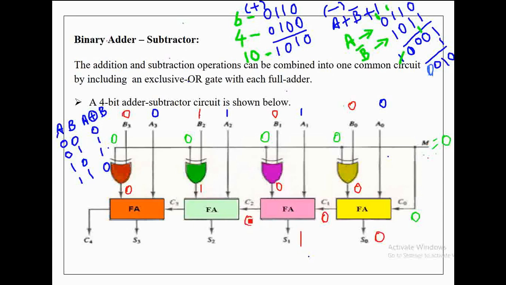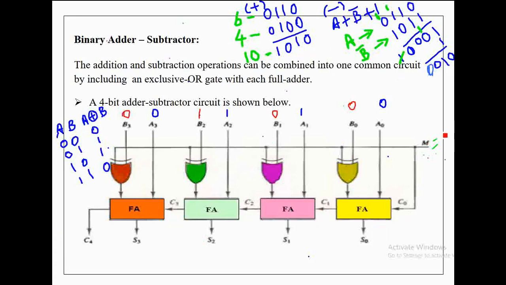carry value 0. Now the next full adder receives three inputs 1, 1, 0 and performs addition on these three inputs and produces the sum value 0 and the carry value 1. Now the next full adder receives three inputs 0, 0, 1 and produces the sum value 1 and the carry value 0. Now you can observe that the value produced by this 4-bit adder subtractor circuit is 1010, which is equivalent to the binary addition value of 0110 and 0100.